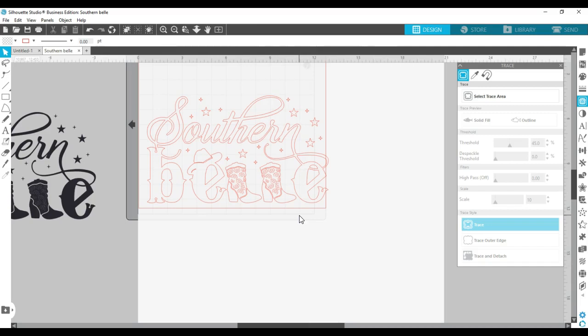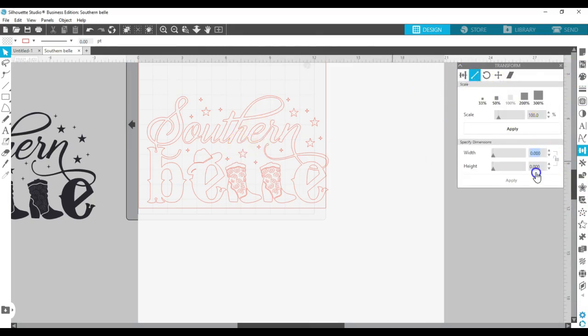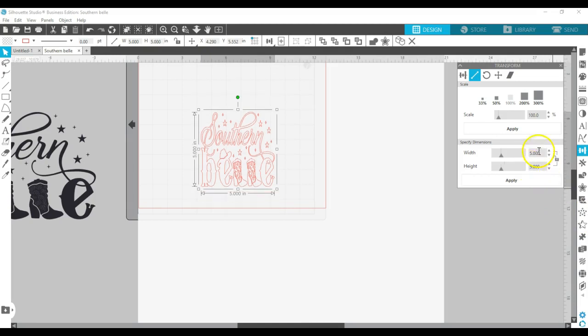scrap queen. I try to use my smaller pieces of vinyl as often as I can. So when you flip it, when you mirror it, say your design is, I'll change this one for visual purpose, say your design is you're going to do it 5 by 5, and you only have a 5 by 5 piece of HTV on your mat, if you hit that mirror button